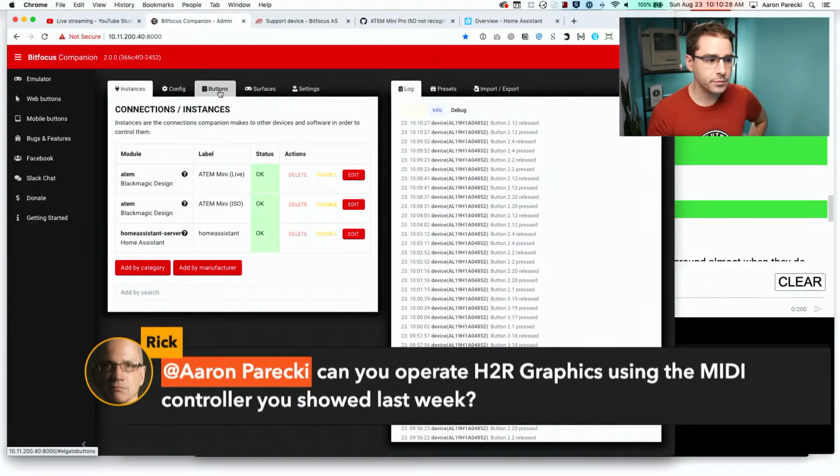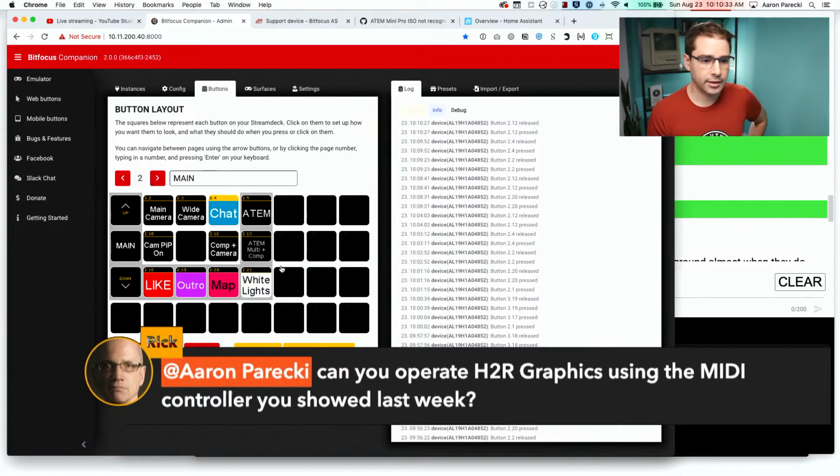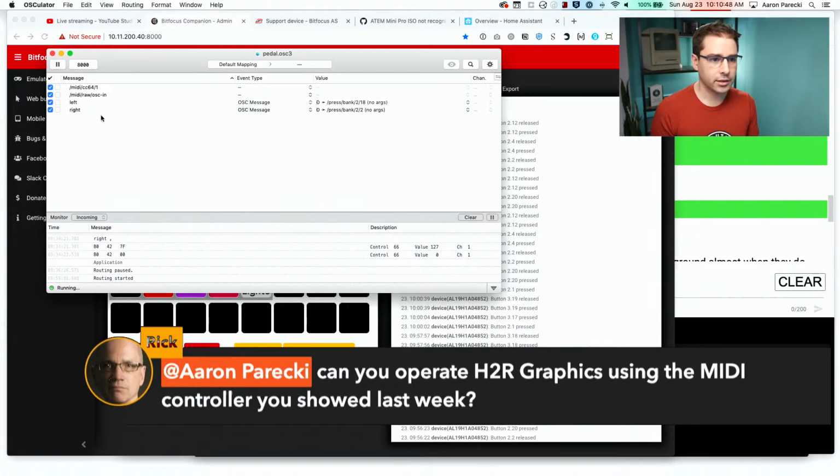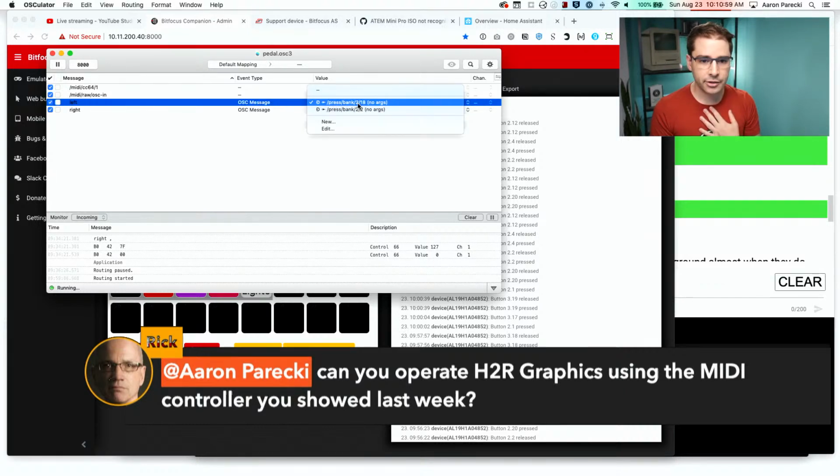So the way I've got this set up is the buttons on here are, this is the one I'm using for this show. So I've got a button on here, which is that animation. I've got my main camera shot. And then what you do is you use this other app called Osculator, and it maps these two buttons into OSC commands that go into Companion. So essentially, this means press on screen 2, button 18. And you can actually see on the Stream Deck, how am I going to show you this? Is this cable long enough to pull out?